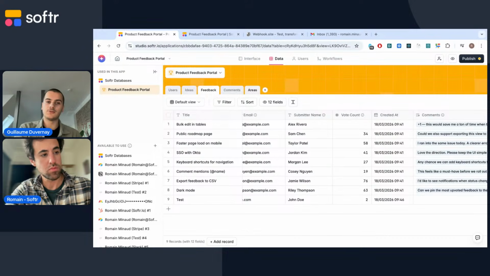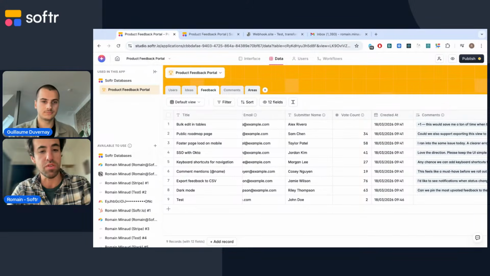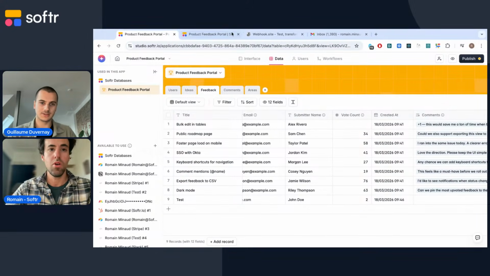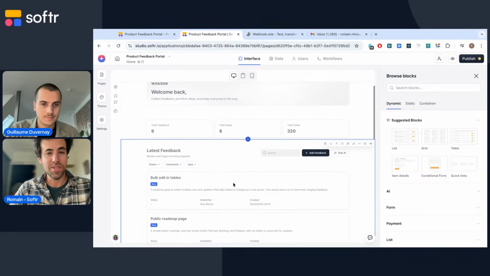And if so, then you have a branch that actually doesn't do anything, or probably displays a filter, and you will say if someone has already voted for this specific feedback, then nothing happens. Exactly. Yeah, excellent. But here in this case, we don't have this, so it's unlimited voting.